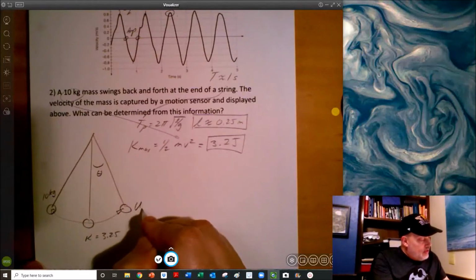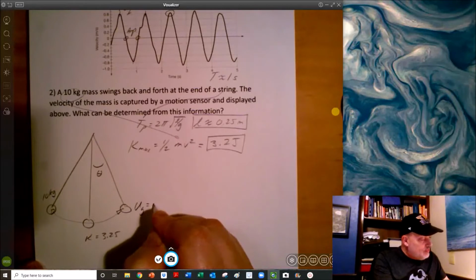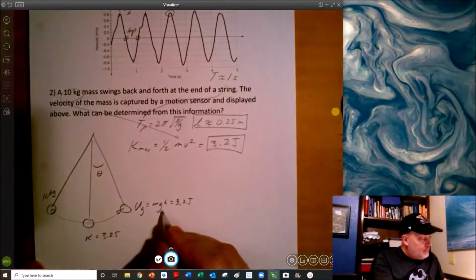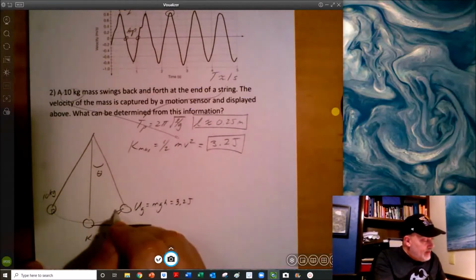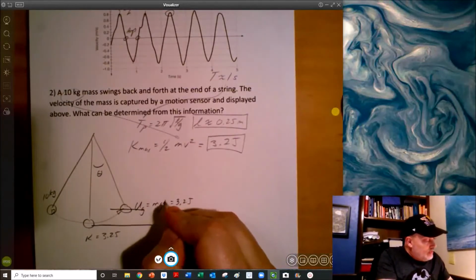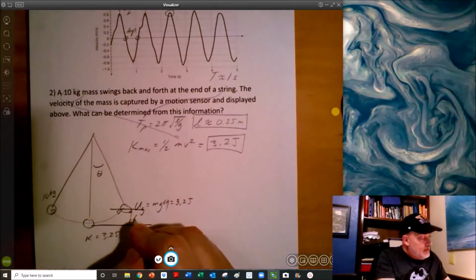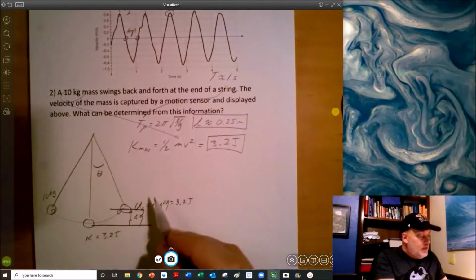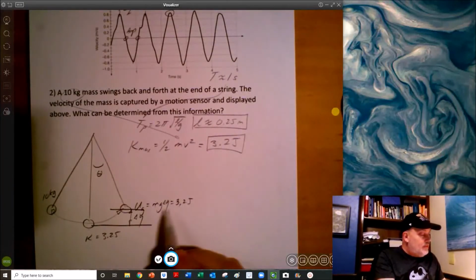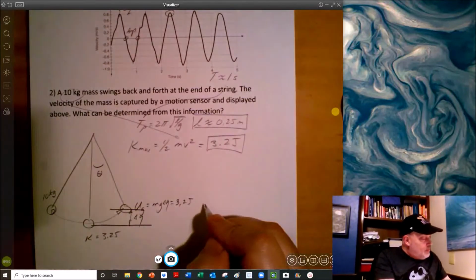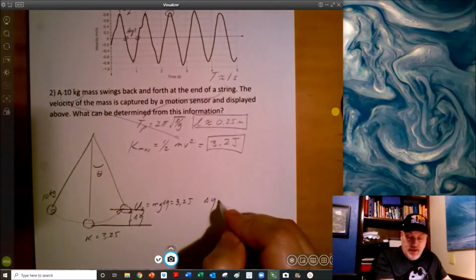At the ends, our spring, not spring this time, our gravitational potential energy, which is mgh, will have to equal 3.2 joules as well. So we could figure out what this height is here. Or on the AP test, they usually use delta y. So what this delta y is. If we plug that in, knowing the mass from above, knowing that we're on Earth, knowing that the maximum potential energy here has to equal the maximum kinetic energy at the bottom, then we can find that the delta y right here is going to be approximately